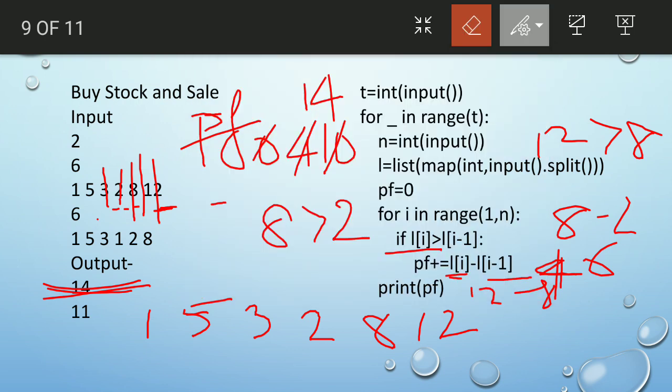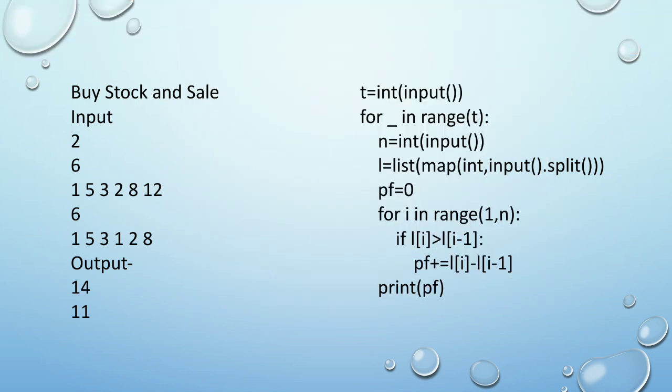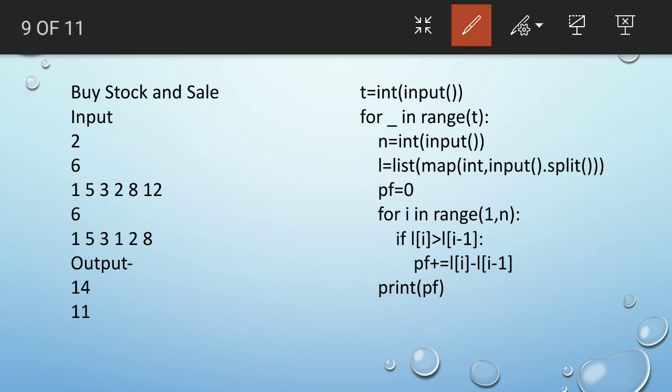So our total profit is this one. Trace it with the second input, you will understand this better. We want to have a profit if we buy the item at one price. When we sell it, if its value is greater than the buying value, we are checking with this one.